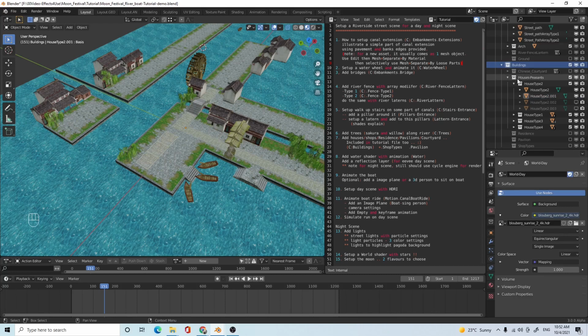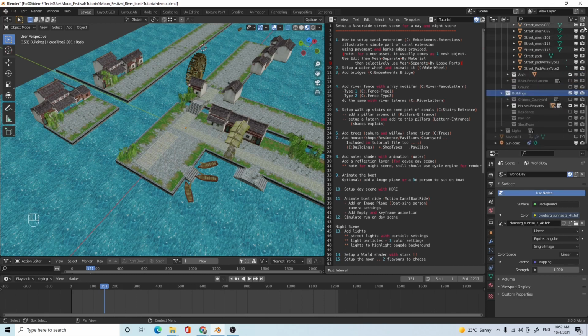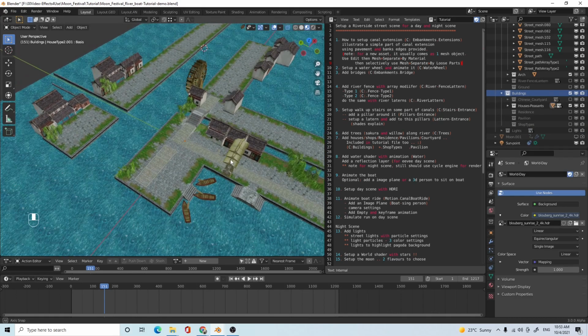If I am under the building, I click, and it will create a new collection called buildings. Of course, it will have a number here to show that there are 6 collections under buildings. That's not something I want now, but this is how you can build collections and then put objects into the right collection so that it is much more organized and easier for you to remember where